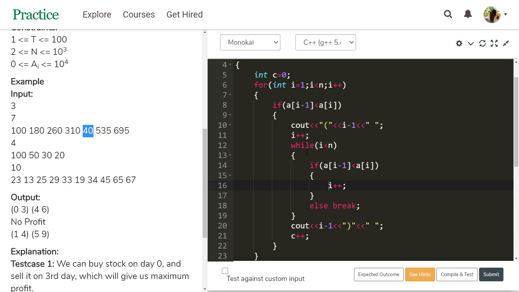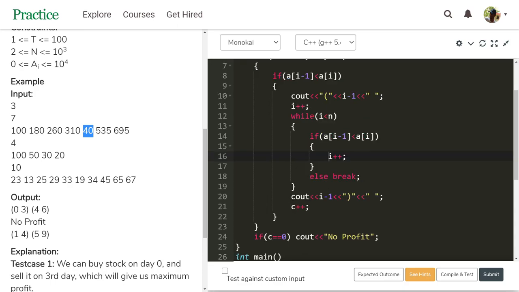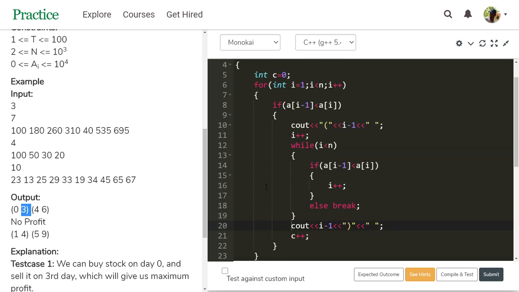The while loop stops execution and comes out. Cout i minus 1, which is 3, and close the parenthesis with a space. This will be the output. Then c increments. The c value is 1. Then i increments.